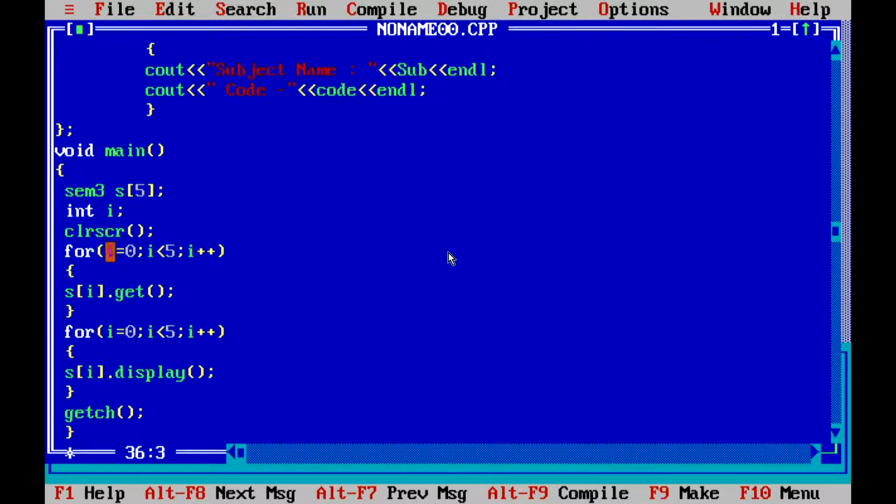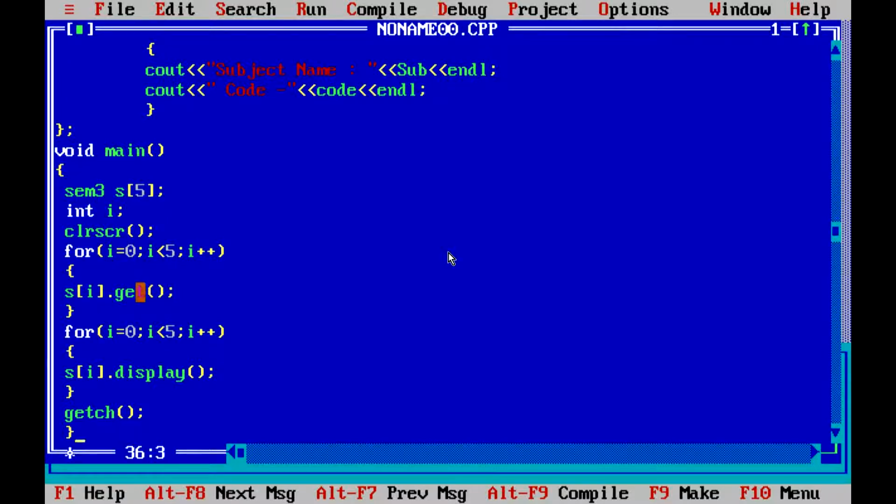The initial value of i is 0 and i is less than 5, so i goes from 0 to 4, because we want to take the data of 5 subjects. The array index starts from 0, so the starting value of i must be 0, and then i increments.